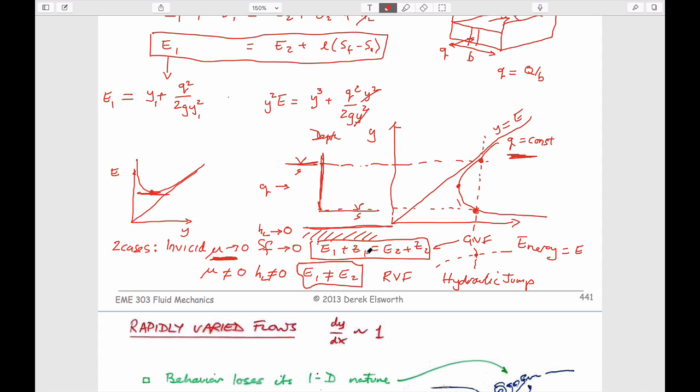So it's not so much that they're equivalent to each other, but for our particular conditions with a flat bed, they would be equivalent to each other. Now we're not able to do that. So the